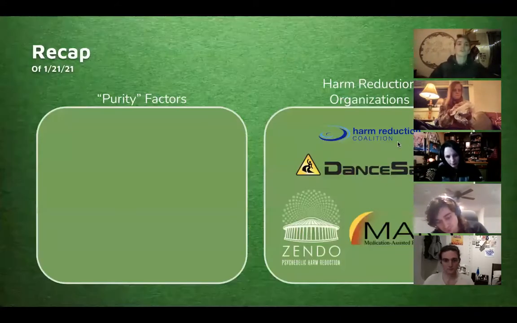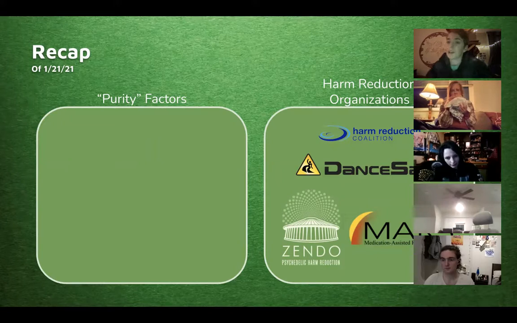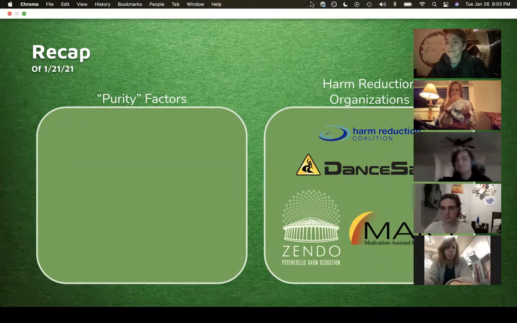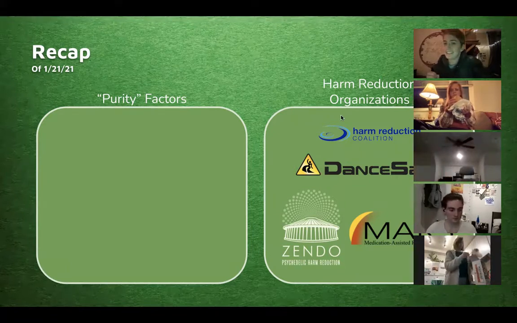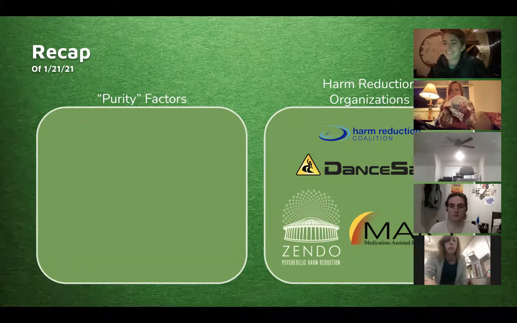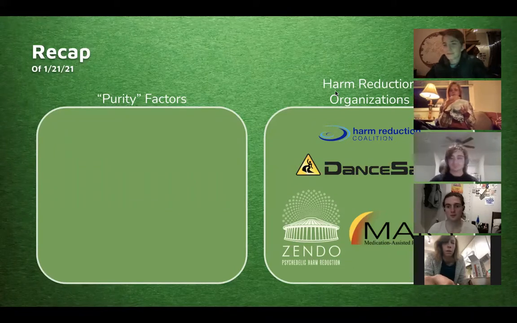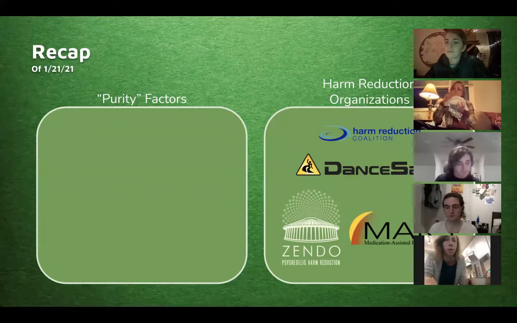That's cool, I think. So to begin, why don't we just yell out some factors that determine the purity of a substance? Anyone remember this? Adulterants. Okay, adulterants. What are adulterants? You can elaborate if you want to. They can be binders. They can be products that come from the manufacturing process, or they could be things that are put in to mimic the drug. Yes, so that's a very good broad definition of adulterant.